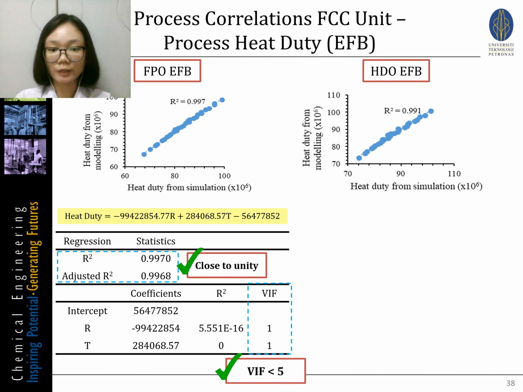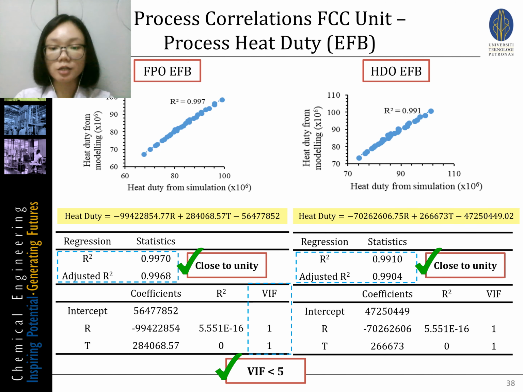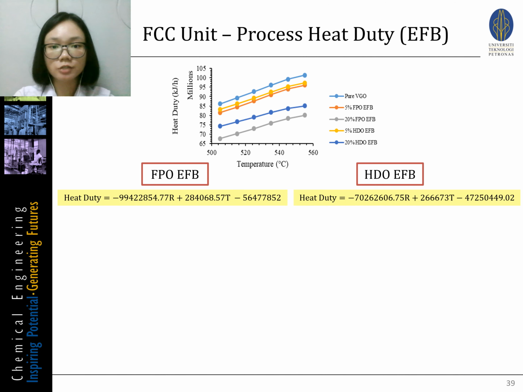For HTO EFB, this is a result from the surrogate model development, and this is the final form of the heat duty equation, which also consists of the R and T variables. The R squared and the adjusted R squared is also close to unity, and the VIF is also less than 5. For the process analysis for the heat duty from EFB barrel oil, these two equations show that R has